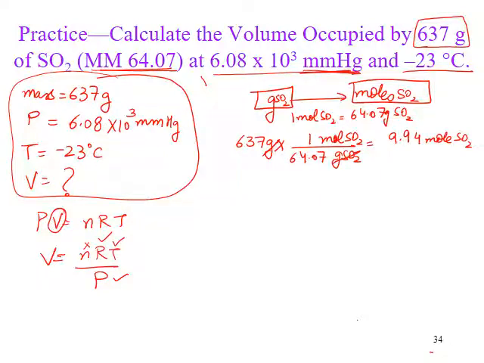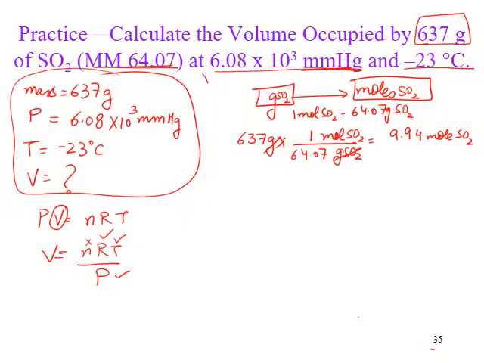Now we can simply plug all the values in here. But first, let's see what the unit of P is. P is in mmHg. Pressure is in mm of Hg. The only units of R that we know are either in atm or in kilopascals. So we'll have to convert the unit of pressure to one of these. I'll go with atm. You can choose whichever unit you want. So let's convert pressure from mm of Hg to atm.